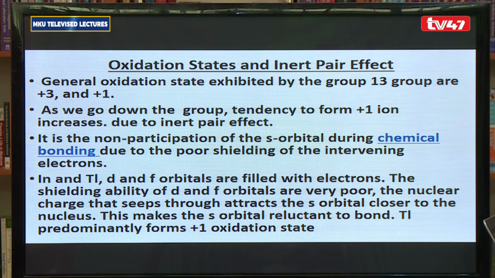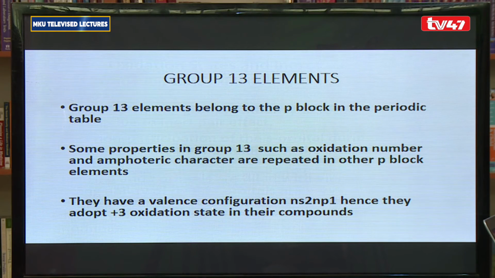As we go down the group, the tendency to form +1 ion increases due to the inert pair effect. The +3 oxidation state is formed when we lose the s2, the 2 electrons in the s orbital, and the 1 electron in the p orbital, and that is why we form the +3. That is the group's oxidation state. On the other hand,